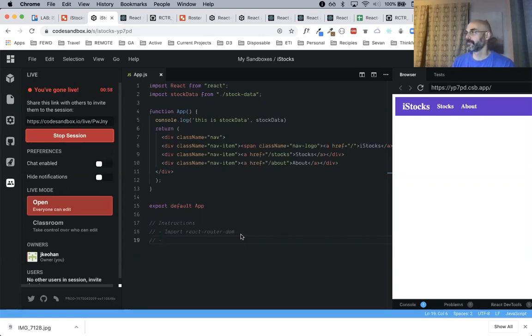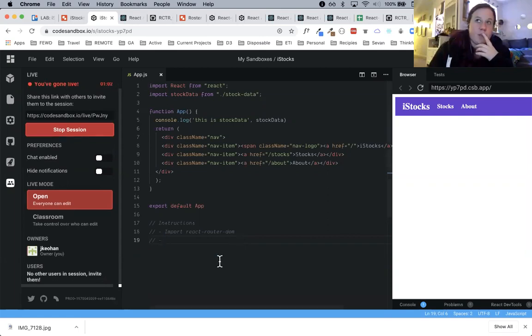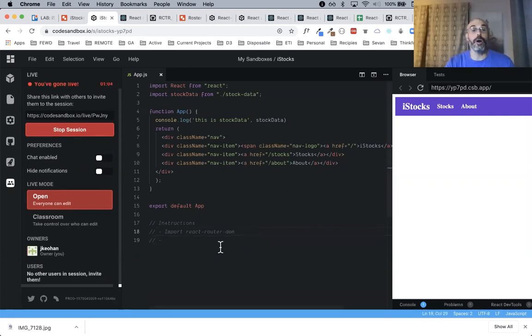I'm not seeing React Router DOM as a dependency. Should I be doing that as well? Oh, so we are going to do that. I'm walking through just the instructions, like what React Router DOM, we need to import it. Okay. So you need to install. So I would say install the React Router DOM dependency, right? So let's do that. All right. What's the next step?